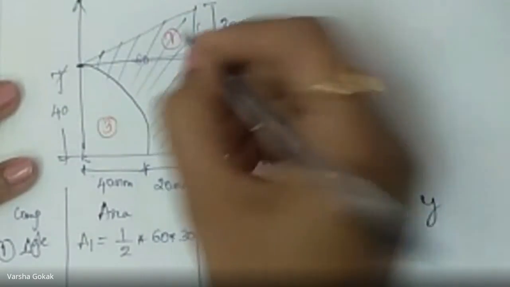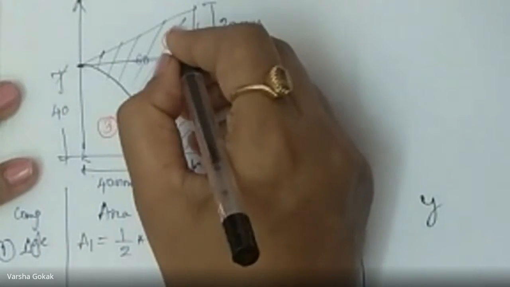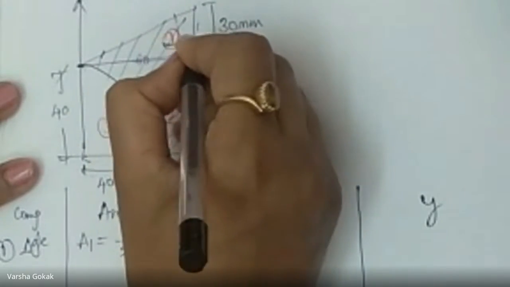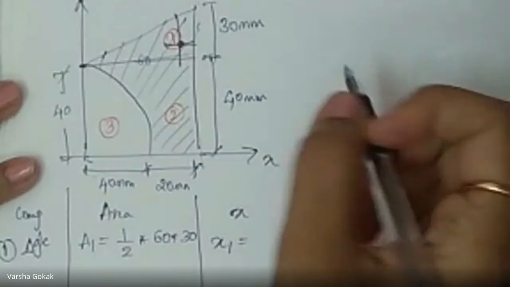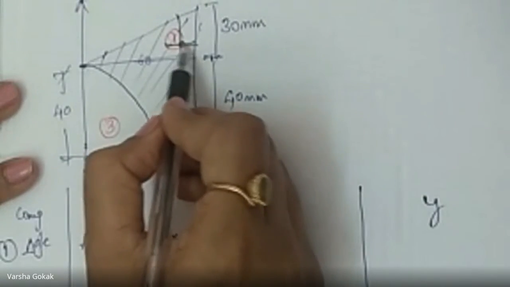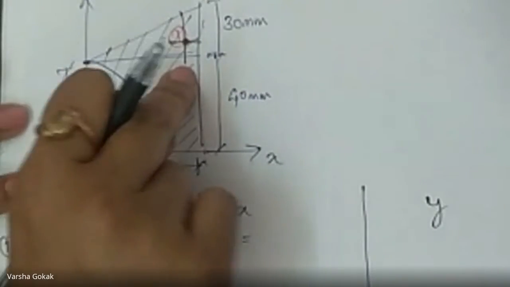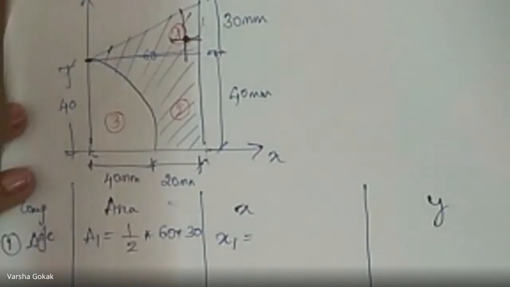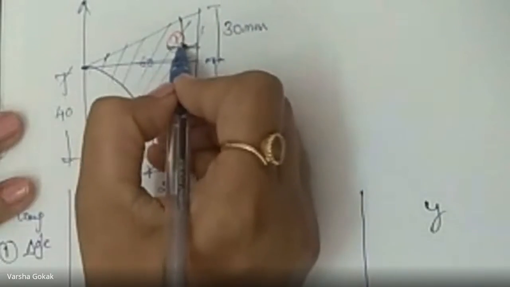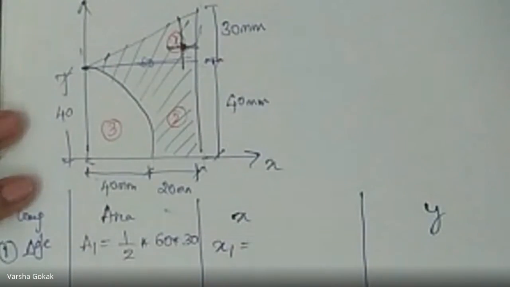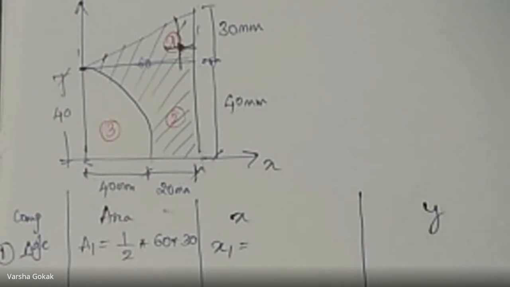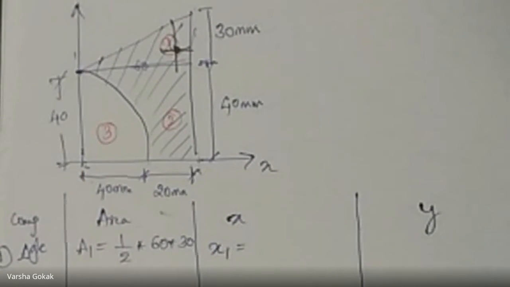What about x1? Now I'll draw it here. This is the triangle, correct? This is the 90 degree. Nearer to the 90 degree, you will have your CG. This point is the CG point. I know that this is 1/3 of the base and the remaining would be 2/3 of the base. Now look into the diagram and tell me the value of x. x1 is going to be from here to this point. How much is that distance? 2/3 of 60.